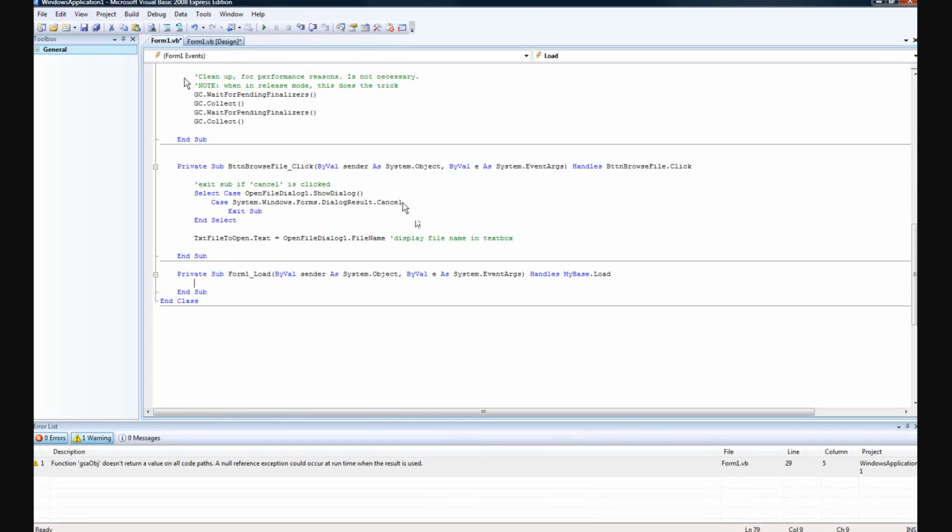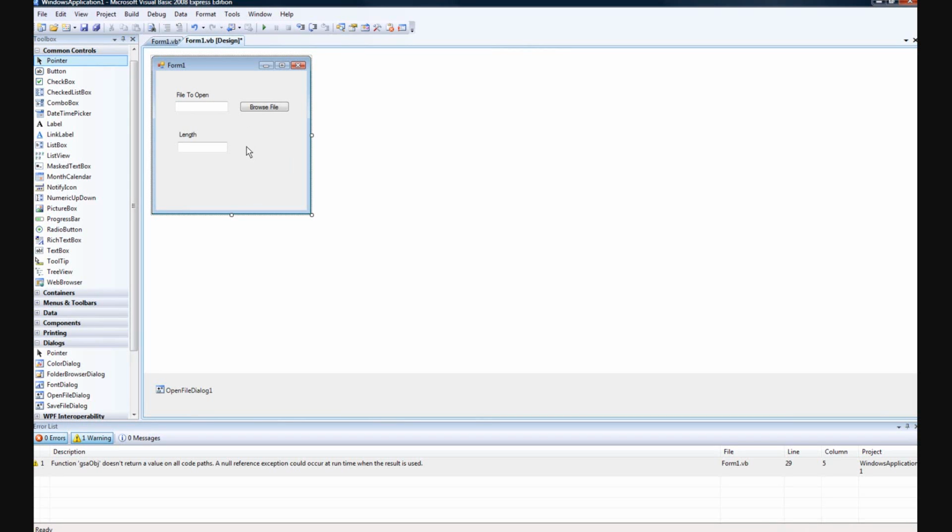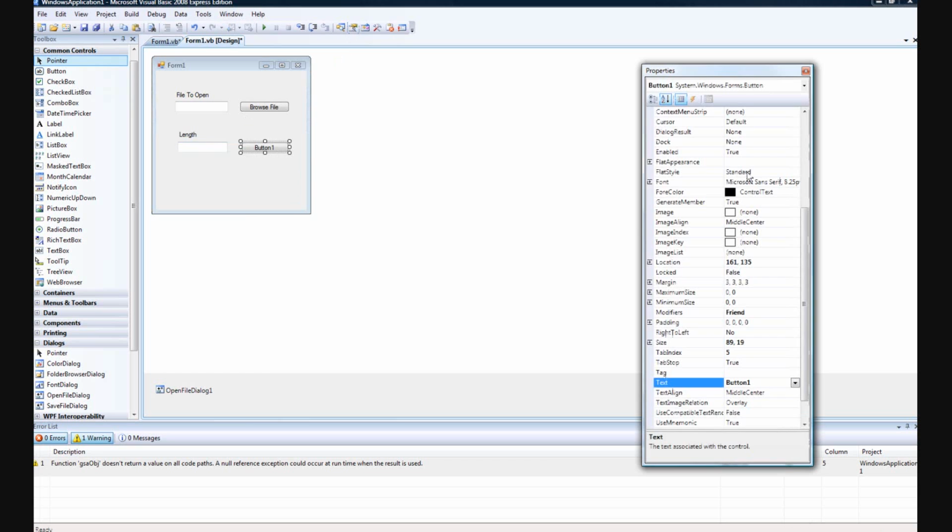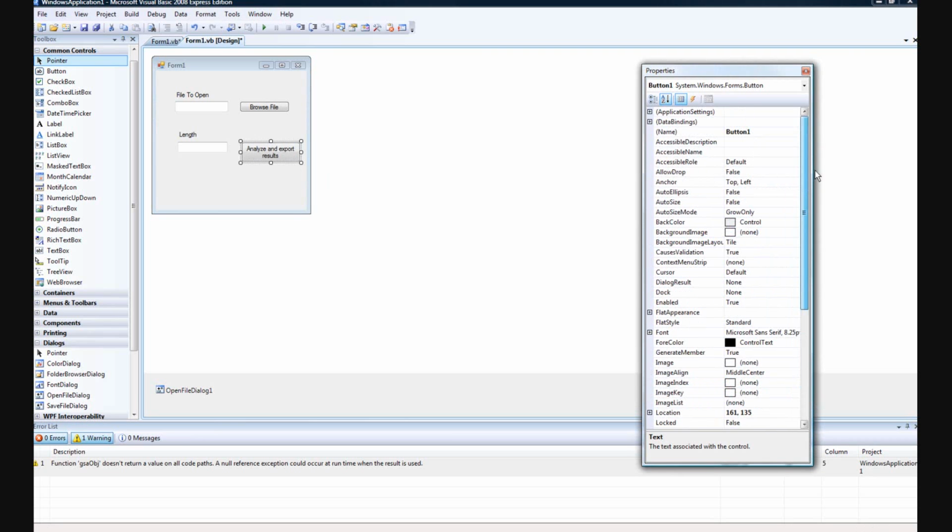We'll add a button to the interface to analyze our GSA file. So we add a button, make it again like this. We go to properties. We say text: analyze and export results. Make it somewhat bigger. And our name for the code is button